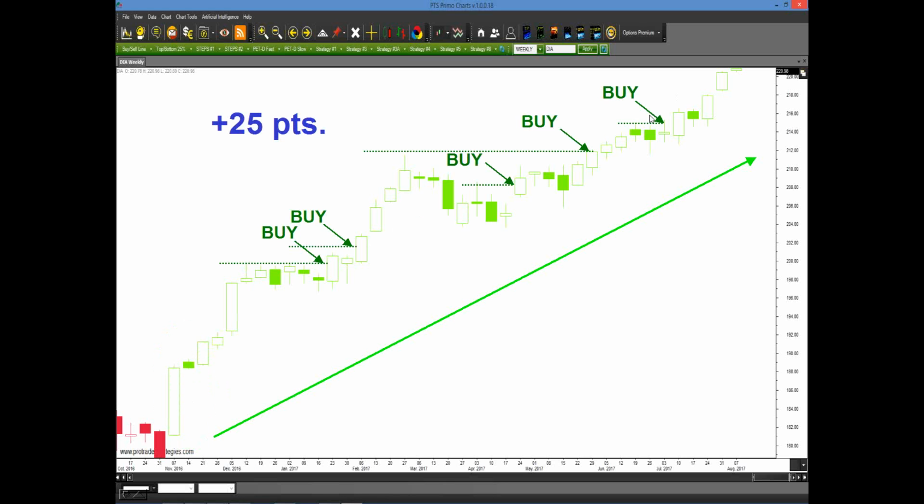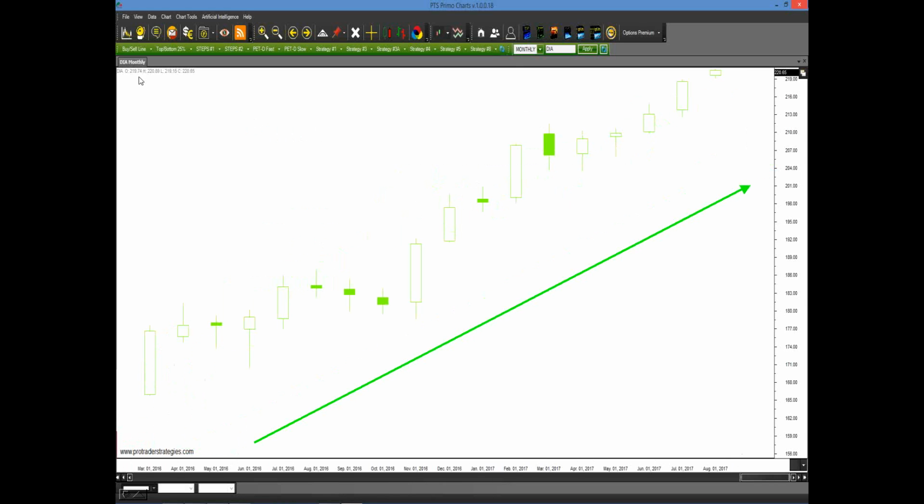Now that's a weekly chart. If you want to go back even further, here's a monthly chart of the diamonds, which represents the Dow Jones Industrial. Going back to March of 2016, the same process. We're already saying we wanted to go higher. This is before the election. This is before the things that have happened in the world that you've known for the past year or two. The market is just telling you it wants to go higher. So we can apply the same technique I just shared with you this morning, and that's 40 points coming into August, which represents thousands and thousands of points in the Dow.